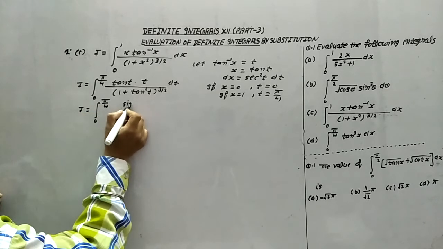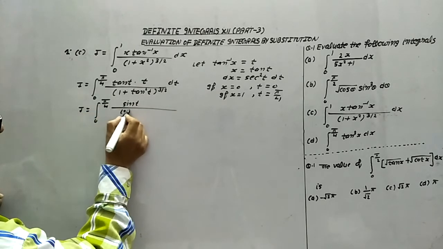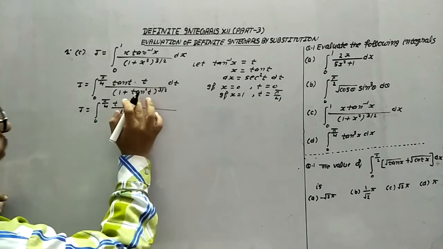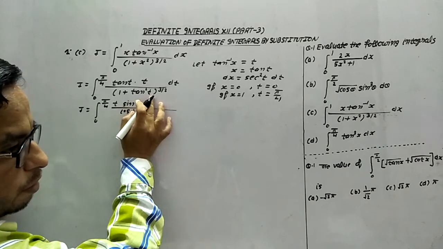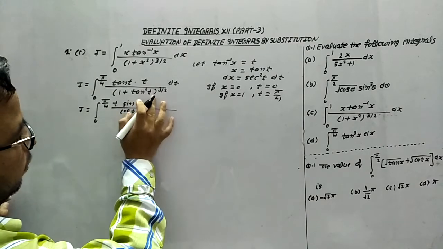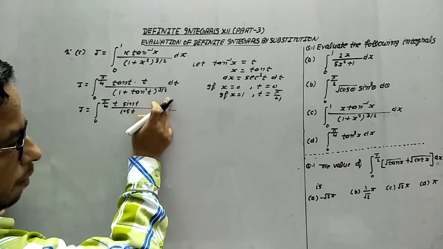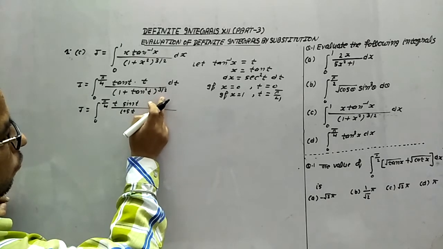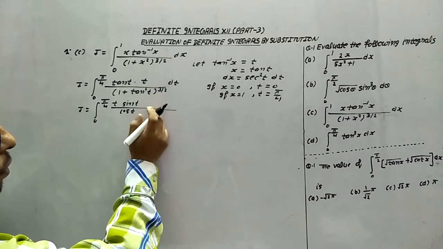Tan t means sin t upon cos t, and this is t only. Now 1 plus tan square theta means sec square theta. It means this becomes sec cube theta. So once this becomes sec cube theta, it means this part becomes